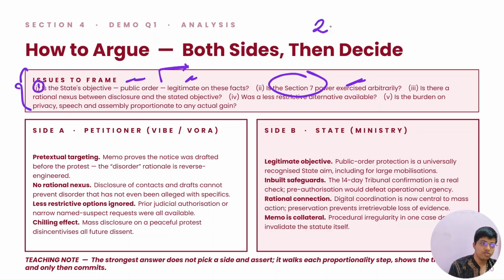Make sure that you do not frame more than two issues, three on a very dense day, because understand that if it is a very dense question and the third issue gets only a small discussion, then you can frame it, but generally don't frame more than two issues. Side A, from this side you can say: